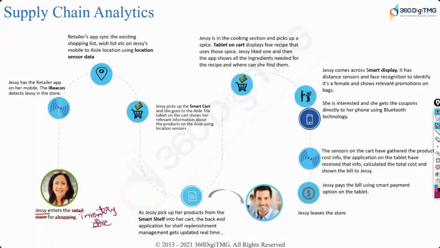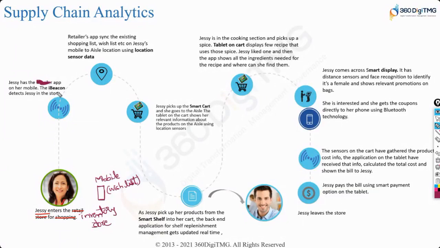And she, over a period of time, adds the list of components that she has to pick from the inventory on the mobile app. In the mobile app, in the wish list, she keeps adding a list of all the components which she wants to pick from an inventory store. The moment she enters the inventory store using the inventory app on a mobile,